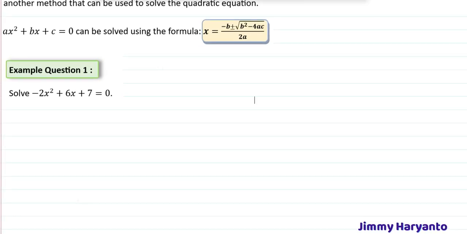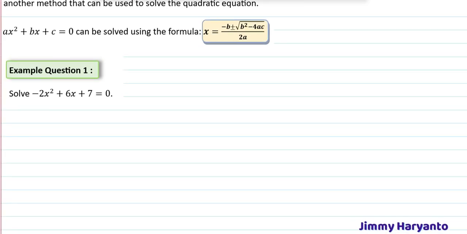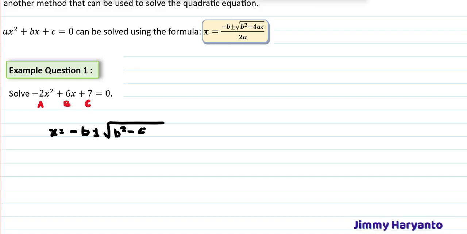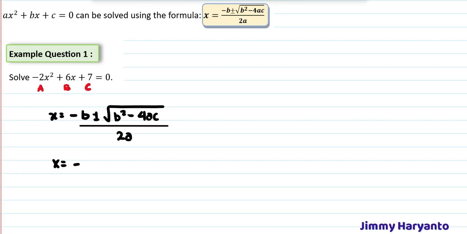Let's solve this one. Okay, we are struggling to solve this one before with the completing square. Yeah, this is the question from the previous method. Yeah, it's exactly the same. Let's use this formula, and then you will see that this one is easier. So x equals to negative b plus minus square root of b square minus 4ac over 2a. Yeah, first step is to write down the formula, and then you input the b.